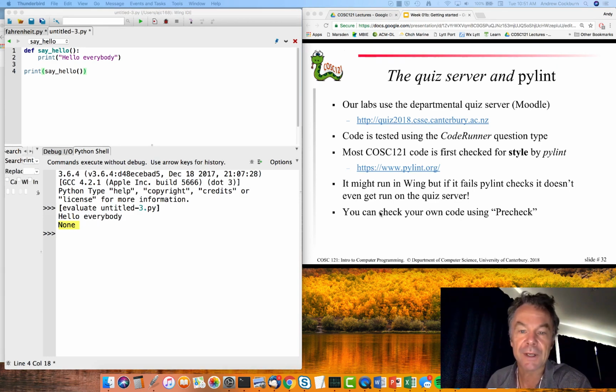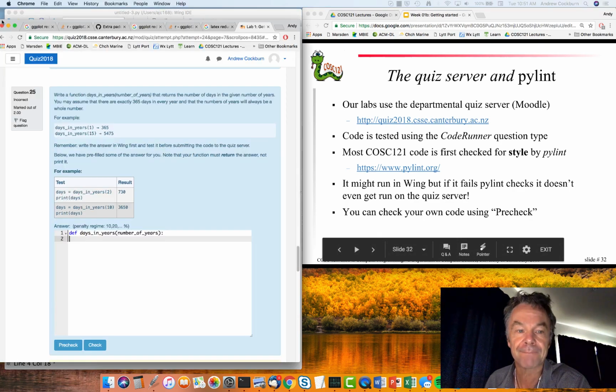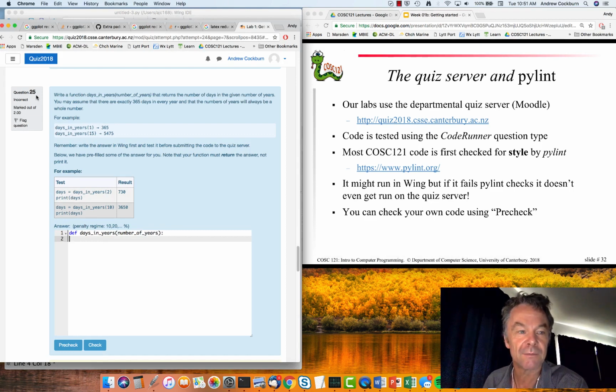So to help you with this, we give you a pre-check option that allows you to check style before checking your submission for marks. Okay. So, for example, question 25 in Lab 1 asks that you write a function days in years with the parameter number of years that returns the number of days in a given number of years. Okay, so I might carefully go off and write my solution to this